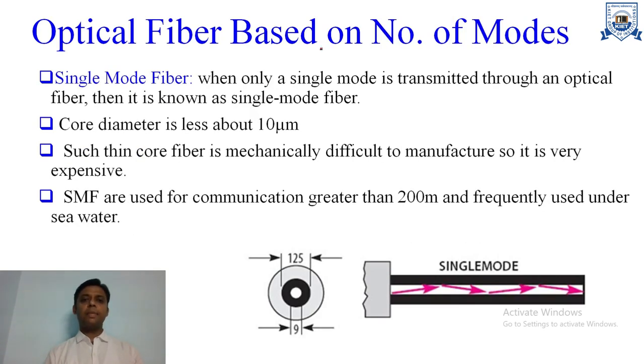Now, optical fiber based on number of modes. These are also two types: single mode optical fiber and multi-mode optical fiber. In single mode optical fiber, when only a single mode is transmitted through the optical fiber, it is known as single mode fiber. This is the representation of the diameter of core and cladding. Here we can see clearly the diameter of the core is less than 10 micrometer and the diameter of the cladding is around 125 micrometer. And here is the representation of one mode being transmitted through the core by the phenomenon of total